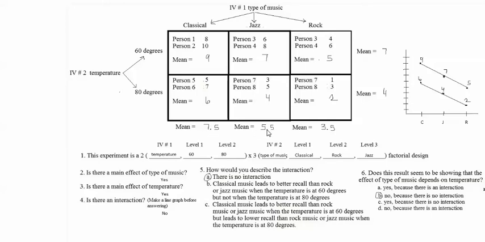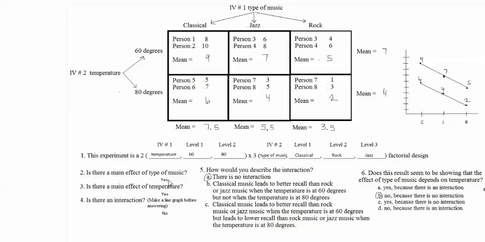If they all come out to the same number, like 7.5, 7.5, and 7.5, then that would be no main effect of type of music. But if at least one number is different than the others, there is a main effect of type of music. So these 3 numbers are all different from each other, which means that there is a main